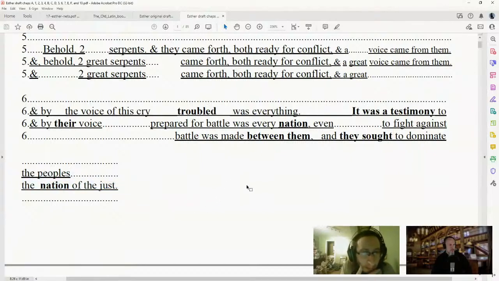because, let me see for a second here. Yeah, the Alpha text, the second line, does not say the just. It just says the peoples. It seems unlikely that the scribe would say, oh, this is the righteous nation, and then remove the word righteous, because that's a very important detail, that the nation was righteous. So this is a time where the shorter text seems to be more authentic, because